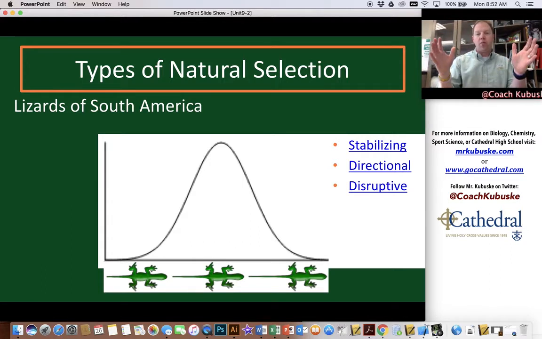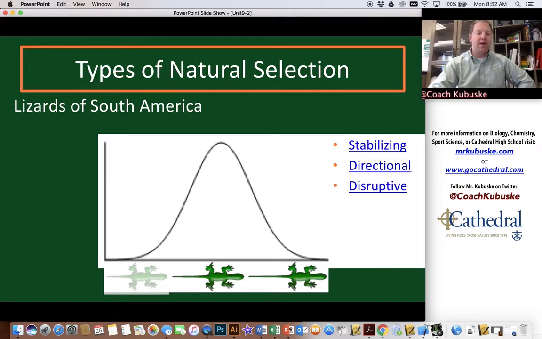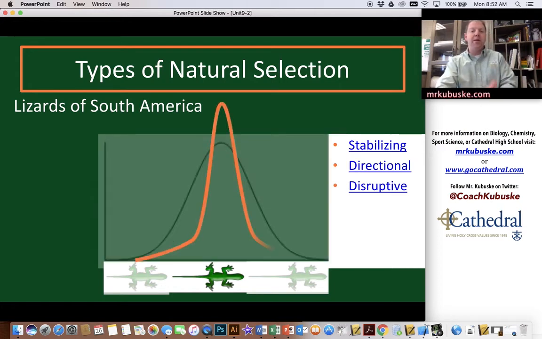So let's assume a normal bell curve where the majority of the population is in the middle, and then we have a couple of extremes like super short tails and super long tails. What's going to happen over time is that the super short tails aren't an advantage because they don't help these lizards balance up in the trees, and so the ones with the shorter tails sometimes fall out of the trees and die. And the ones with the longer tails get grabbed by their predators, the things that are chasing them, more easily because there's more of them to grab. And so it's an advantage to be in the middle. And so the ones that are in the middle reproduce more.